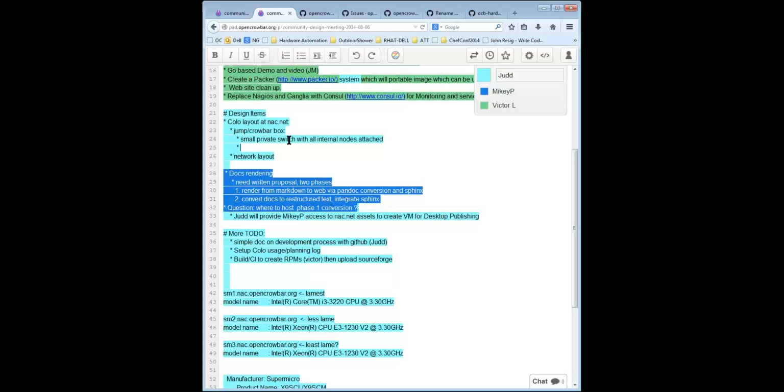Okay. So that's what we'll start with, and use whatever jump box we can come up with for the RPM builds, and wait on continuous integration until we're tired of these boxes or we get more boxes. Well, we could do basic CI with those boxes. At this point, continuous integration would mostly be testing every pull request to make sure we can spin up a valid Crowbar cluster with it.